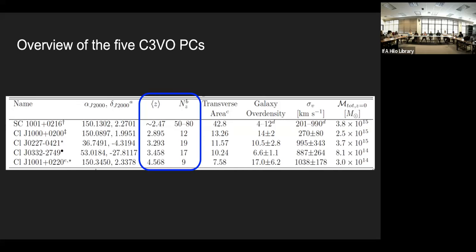So basically, out of those many structures, the team selected 5 very massive structures. These structures were identified based on initial VMC maps, so the Voronoi tessellation maps. But once you see that there is a potential structure, you can also identify members based on photometric redshift, and then you can target those photometric galaxies to see whether or not their spec-z actually aligns with the protocluster itself. So they identified 5 different structures across these different fields, and then